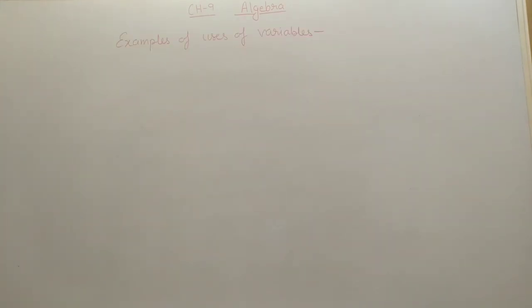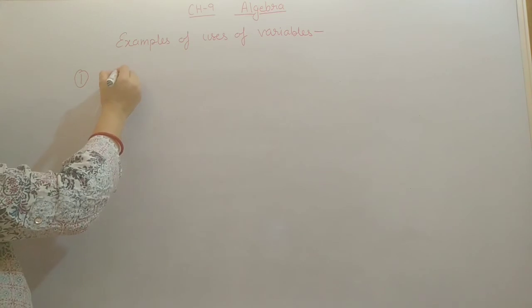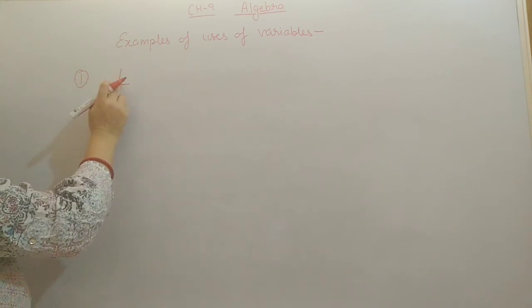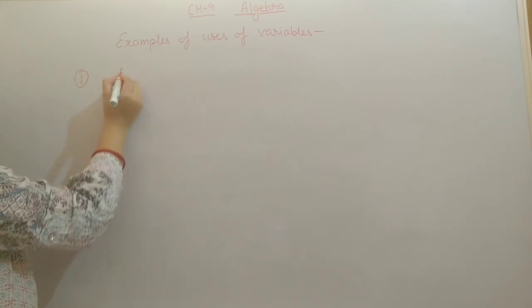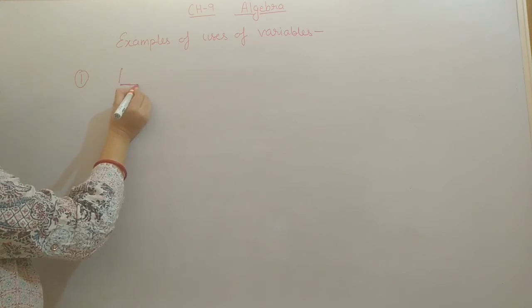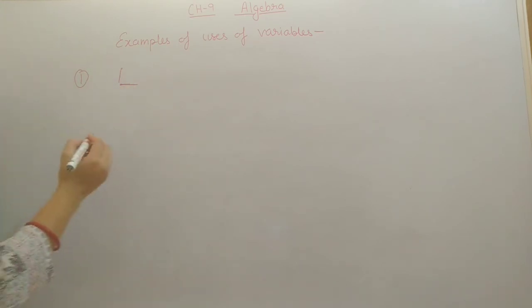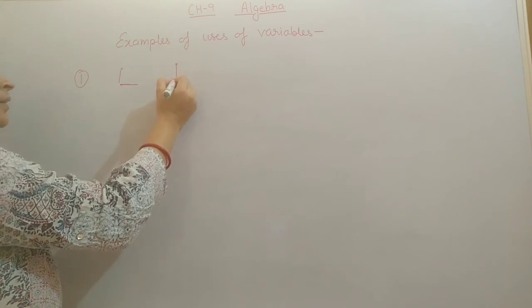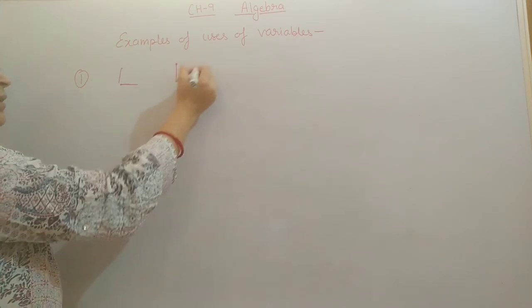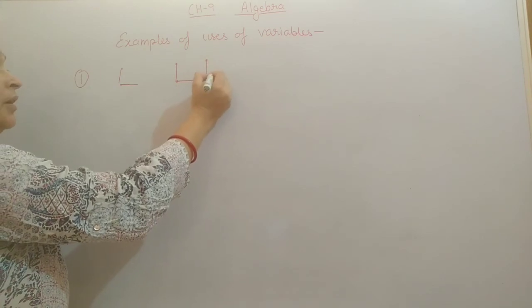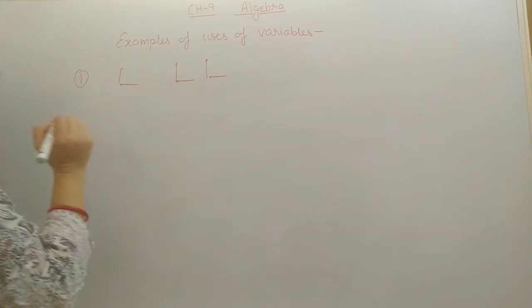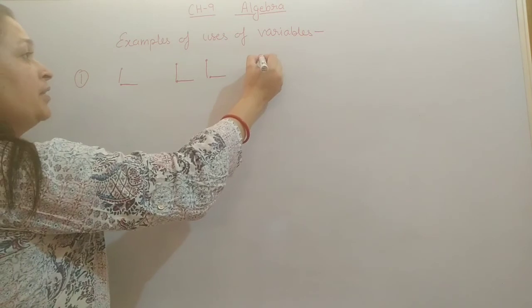Next we will discuss examples of uses of variables, how we are using variables in problem form. So you can see here one example I am giving related to patterns. Suppose you want to make one pattern, here one L with the help of matchsticks. To make one L, we want two matchsticks. If we want to make 2L, then one matchstick and 2, then for another L, 2 more. If we want to make 3L,